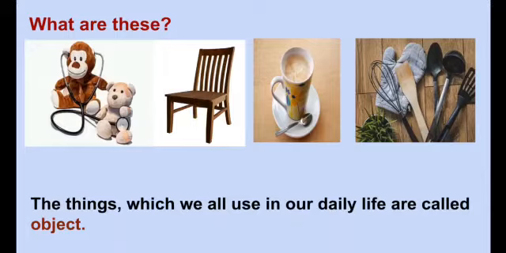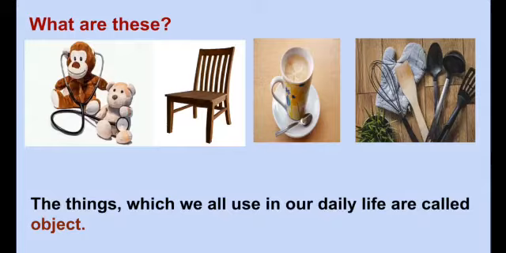The things which we all use in our daily life are called objects. And what is it made up of? It is made up of a very small unit, a particle, which is called matter. Like you have read the Fiber to Fabric chapter, and in that chapter, what is the basic unit of the fabric? That is the fiber. So like fiber, here the basic unit of the object is matter. Matter is the basic unit of the object.